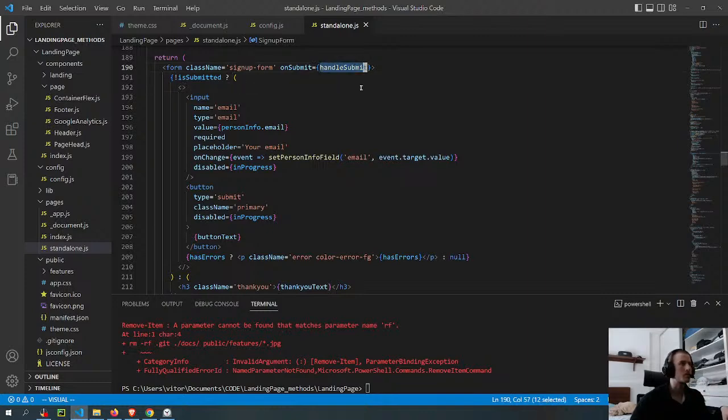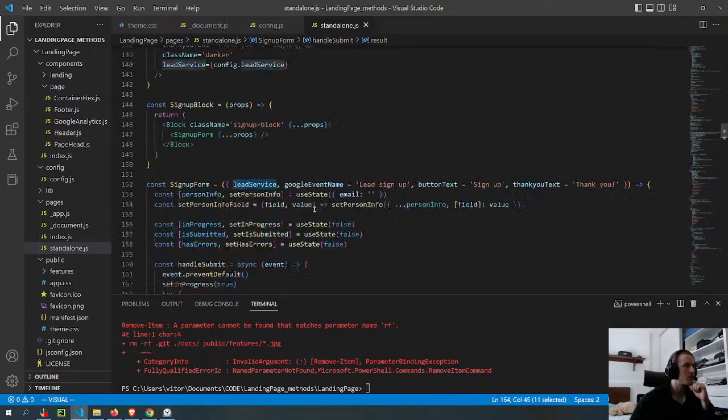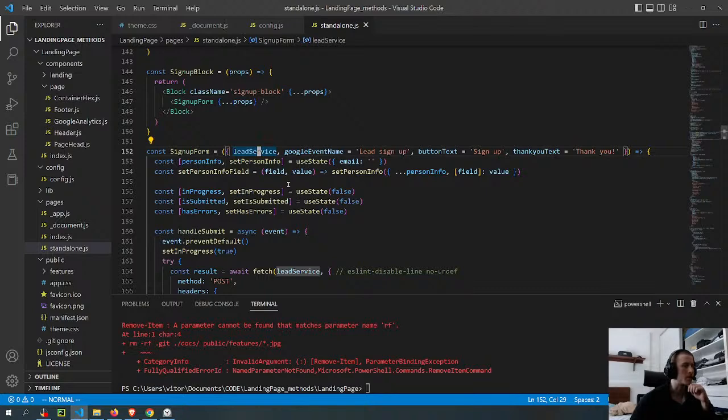Probably the function just sends the post request with the API. I'm not sure. I will find out based on the stuff in the beginning, either in this file or in the index.js, because it's being passed as a prop.